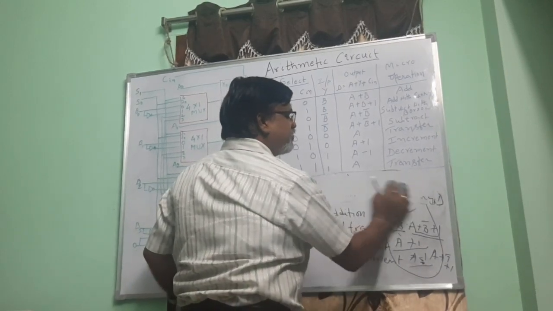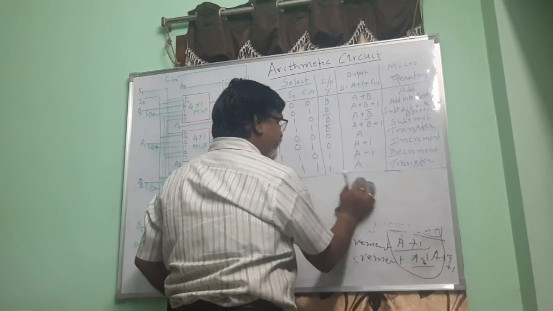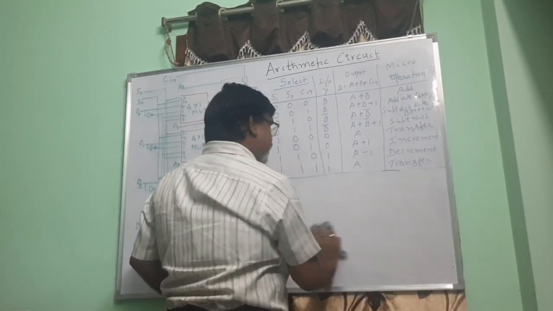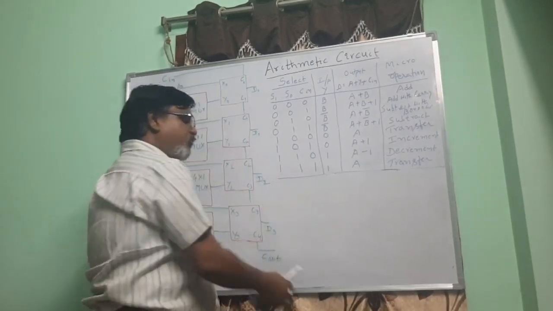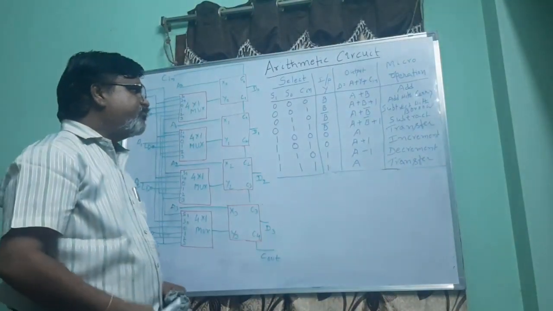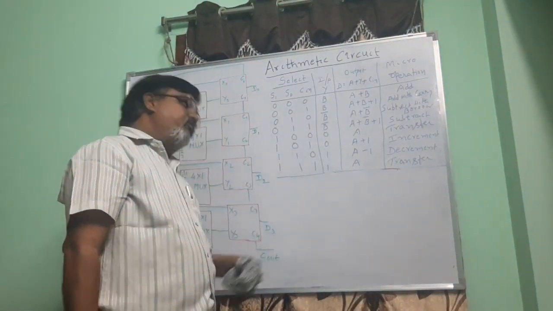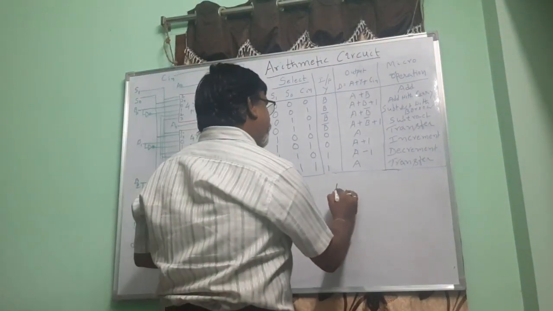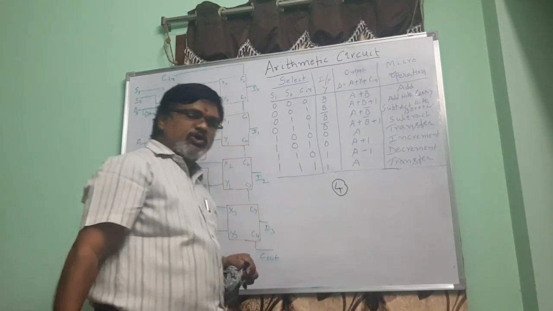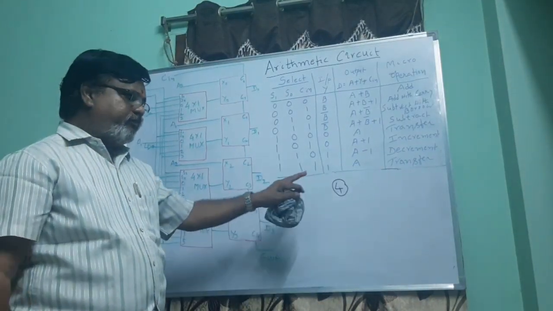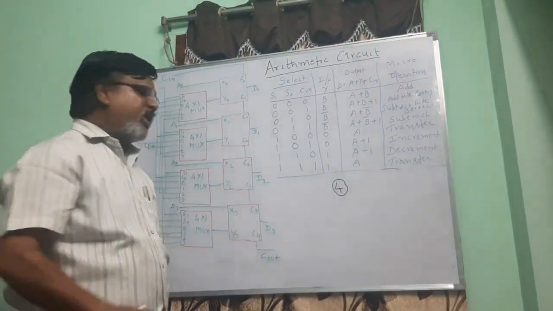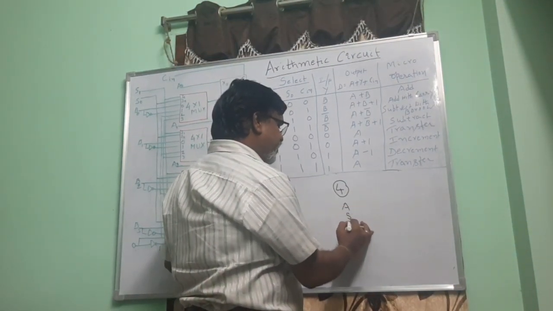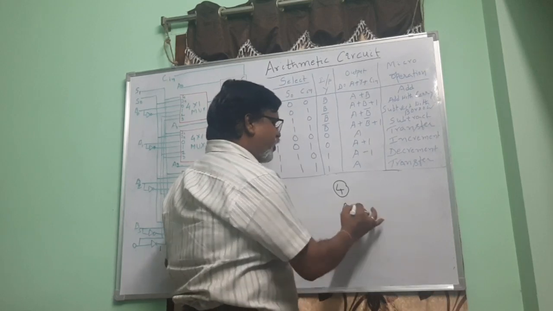That common circuit or common hardware part, which is going to perform the 4 arithmetic operations based on the selection, we will discuss today. And as I told you, to perform these arithmetic operations, we use full adders and subtractors. So how many operations in total for arithmetic operations? We said 4 operations. If you want to choose any one of the 4, there are 4 inputs: addition, subtraction, incrementer, decrementer.